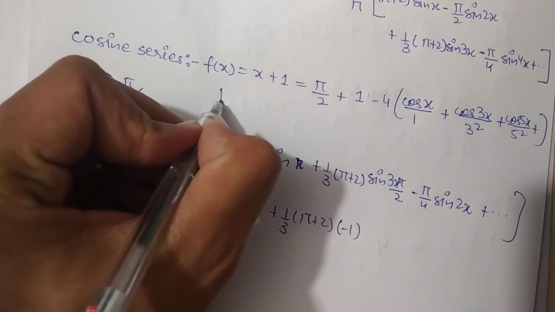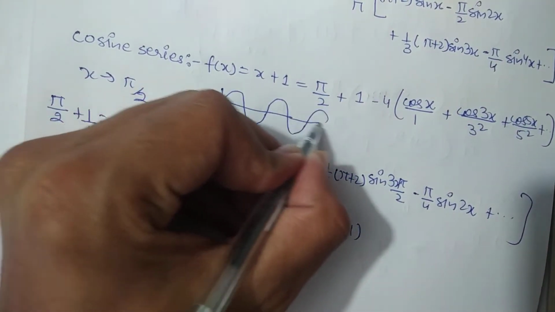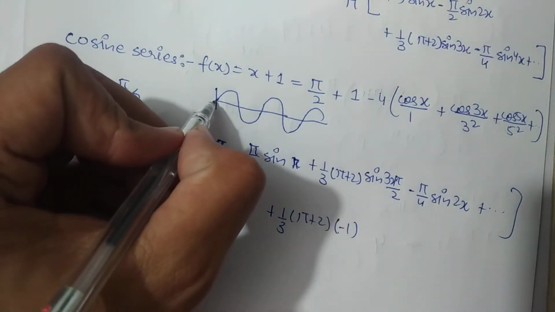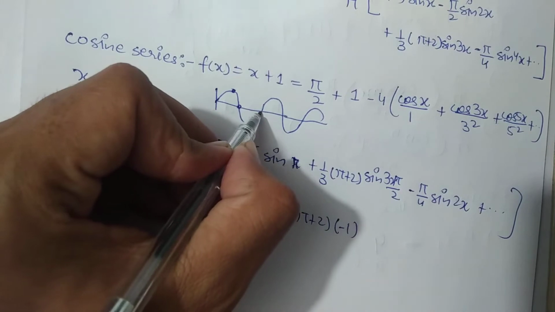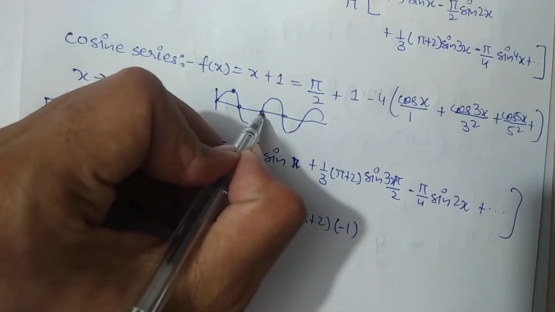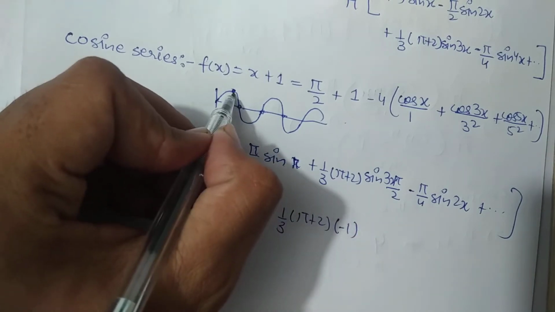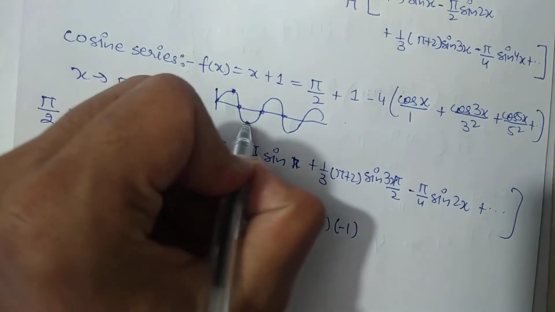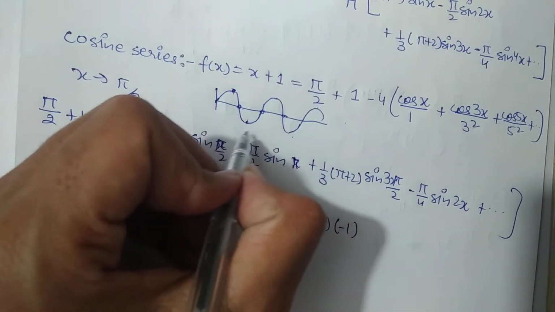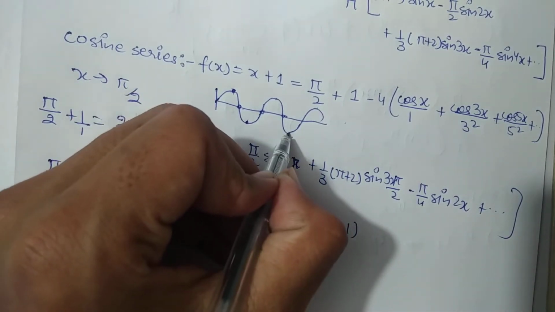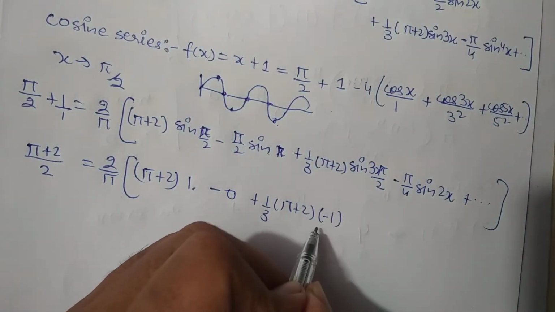As we know, the sine series can be represented by this wave. Here sine 0 is 0 and sine 90 is 1, so sine 180 is 0. So sine 180, 360, meaning sine pi, 2 pi, 3 pi, 4 pi, will always be 0. And sine of pi by 2 is 1, and 3 pi by 2 will be minus 1, then 5 pi by 2, then 7 pi by 2, then 9 pi by 2. So at 3 pi by 2 and at 7 pi by 2 the value will be minus 1.